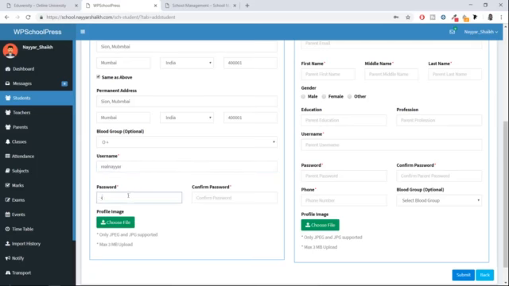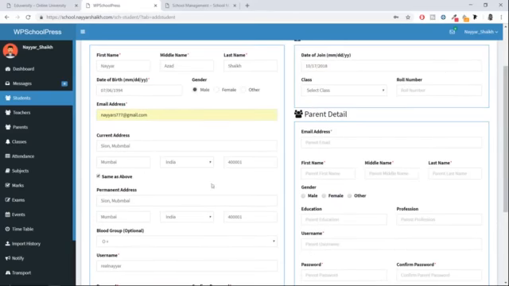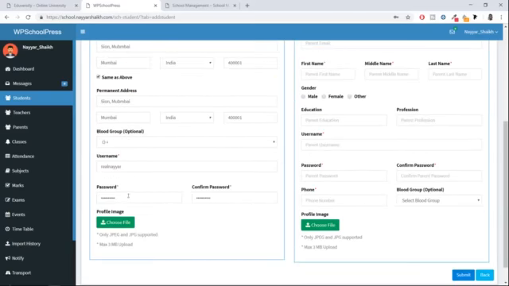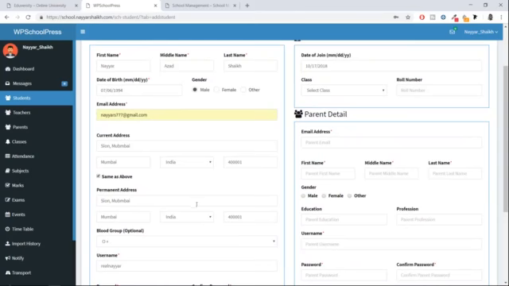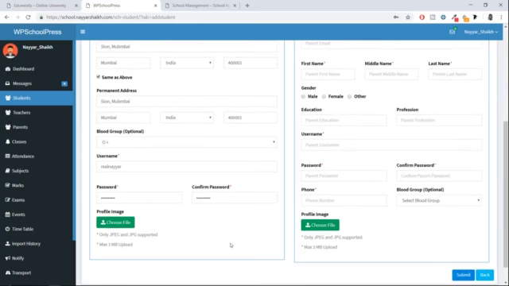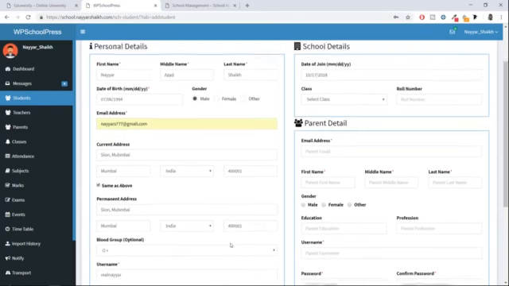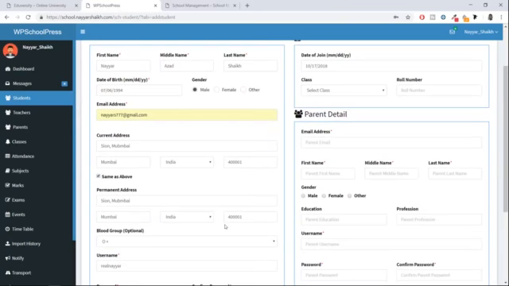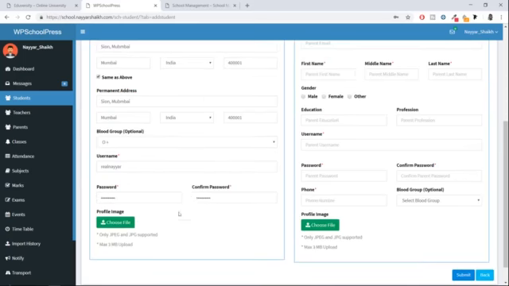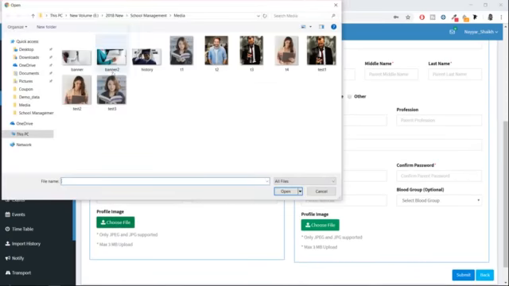Password. Now again, remember one thing, let me first enter the password. Whatever email address and password you're entering over here, you'll have to provide this email address and password to the student and say that these are the credentials for their account. Whenever they want to log into their account, they have to use these credentials, and obviously they can change the password and all those things later on. Profile image, enter the student's profile picture over here. So I'll select this one.